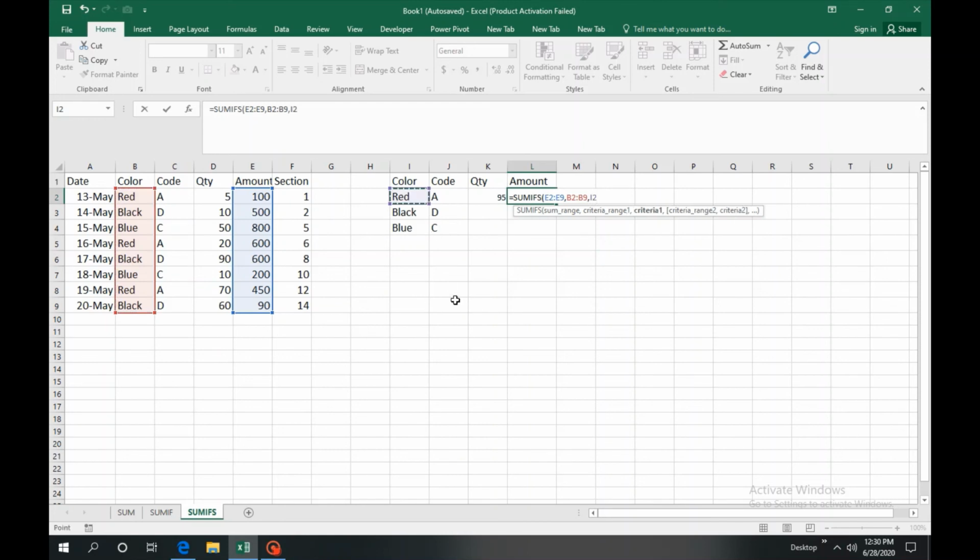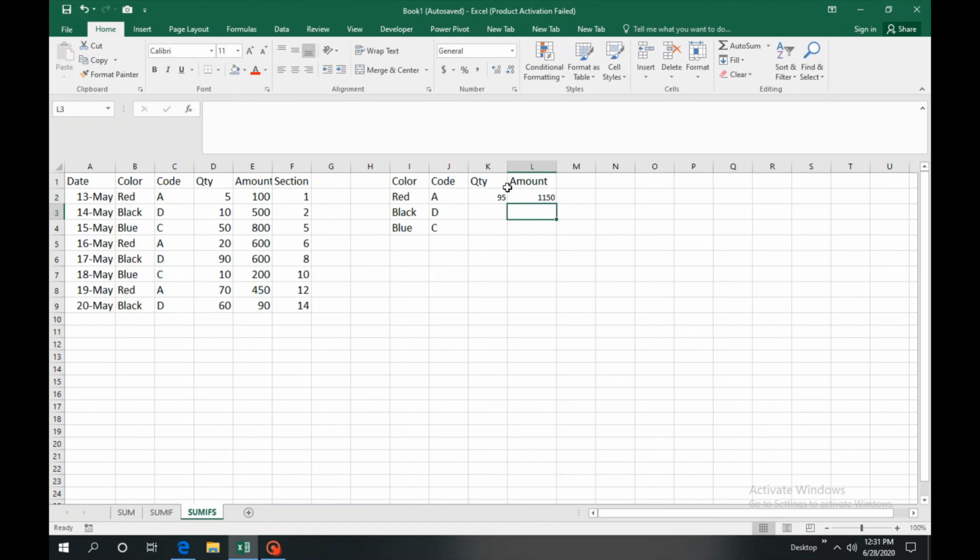Then comma, the criteria 1 is red. Then criteria range for code, this column. Now criteria 2 is A. So now we have all the criteria, and we are done. Now close the bracket and enter.